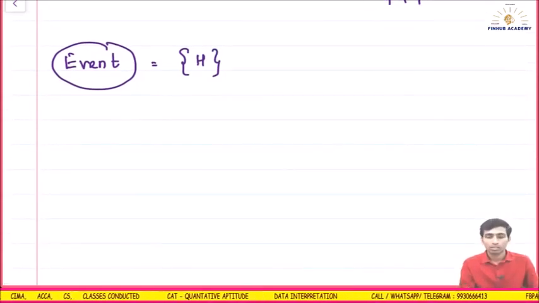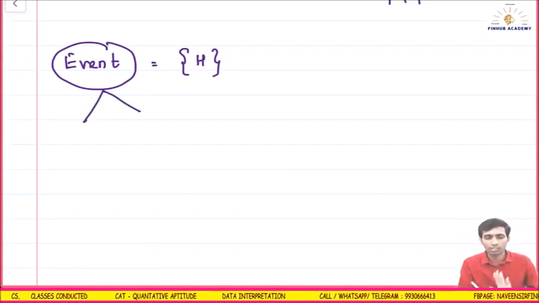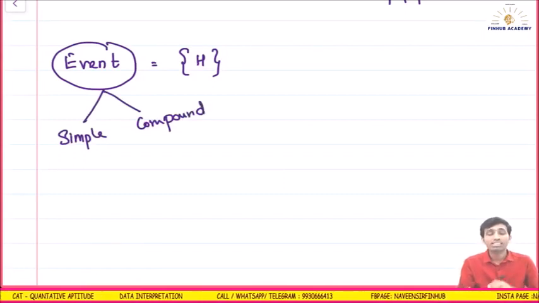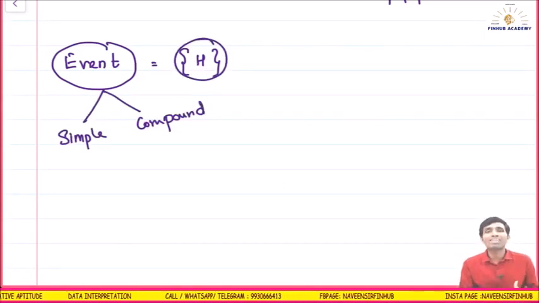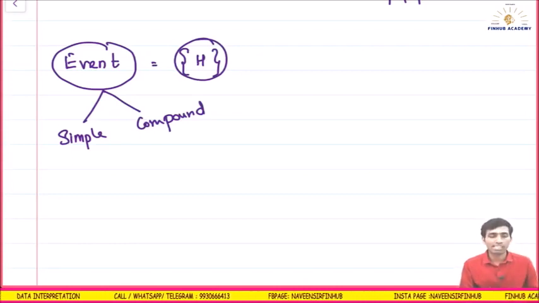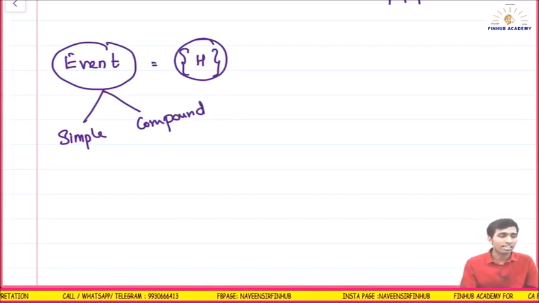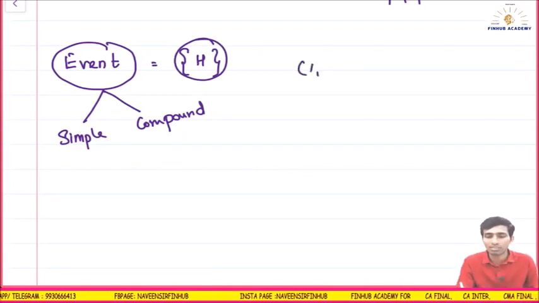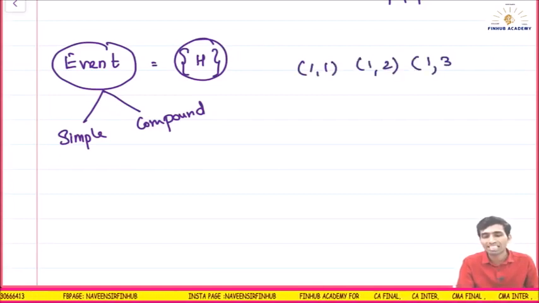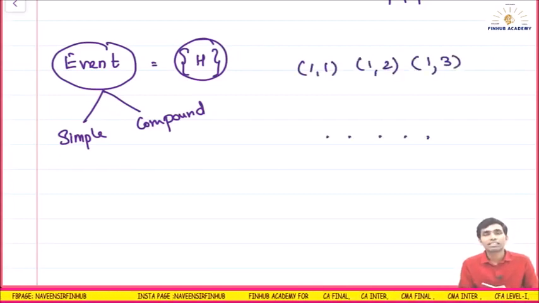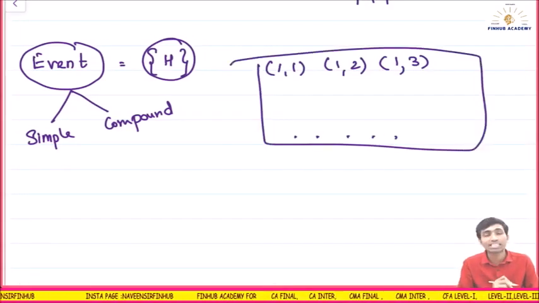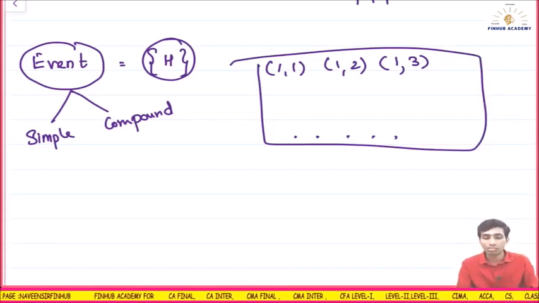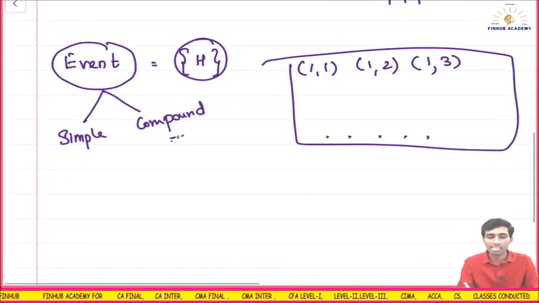Okay, this can be of 2 types, just for the sake of knowledge. I don't think they have discussed this, but an event can be simple or compound. Simple event means only one thing happening. Compound event means 2 things happening. For example, if I throw 2 dice together, then what can be the outcome? 1 1, 1 2, 1 3, like this we write 36 outcomes, correct? 1 2, 1 3, 1 4, 1 5, 1 6, same way 2 1, 2 2, 2 3. So that is known as a compound event. Compound means 2 things happening simultaneously.